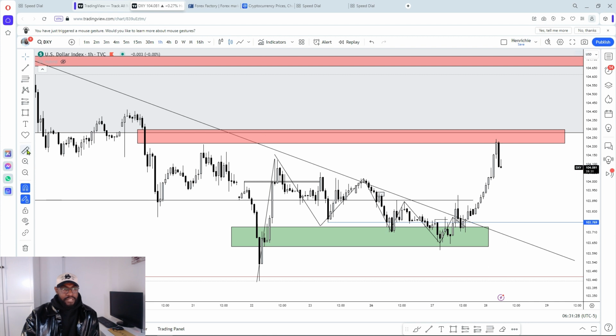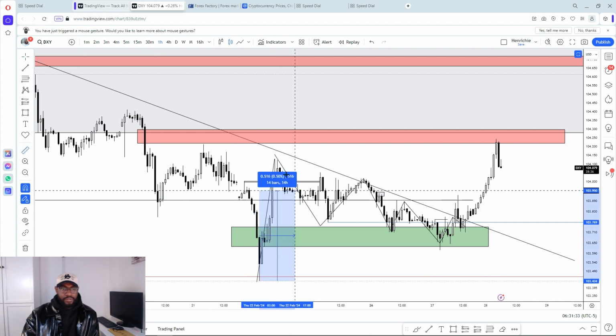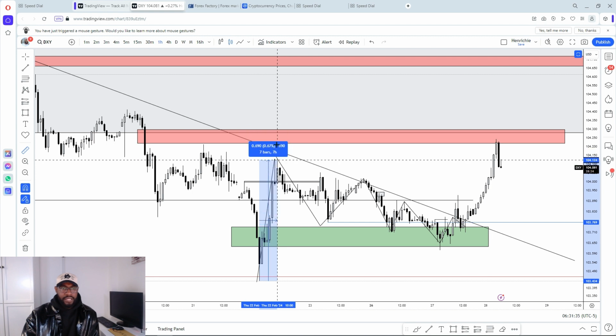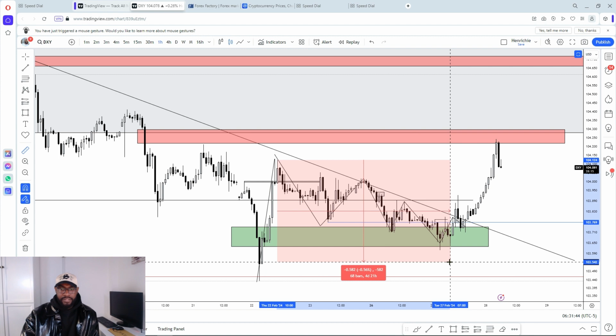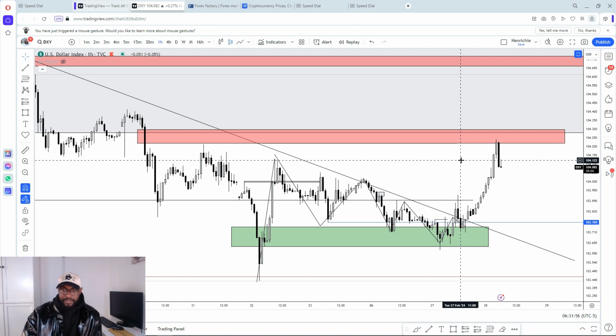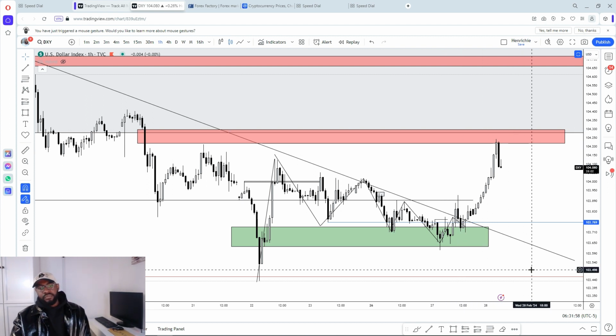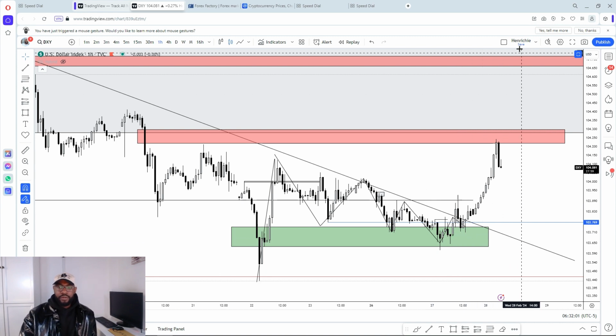And you can see that it basically took price a few hours from this low to create this high. It took price about 7 bars and 7 hours to create this high. And after that, it took price about 68 bars and 4 days, 21 hours to come to the downside, showing that the momentum is at the upside. Now, that being said, it certainly means that every down move to the downside will look for an opportunity for